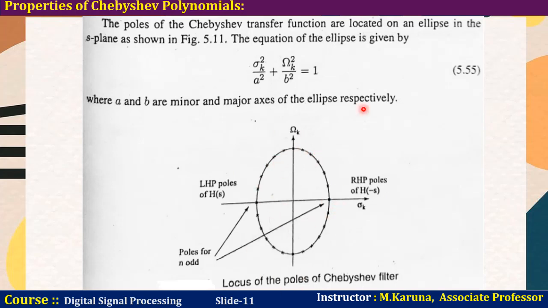We have seen in this video types of Chebyshev filters, and we have concentrated on only type 1 Chebyshev filter, and we have derived the order of the type 1 Chebyshev filter. In the next video we are going to discuss the procedural steps for designing the type 1 Chebyshev filter, and we will do one problem based on those procedural steps. If you have interest, you can go through type 2 Chebyshev filter also.